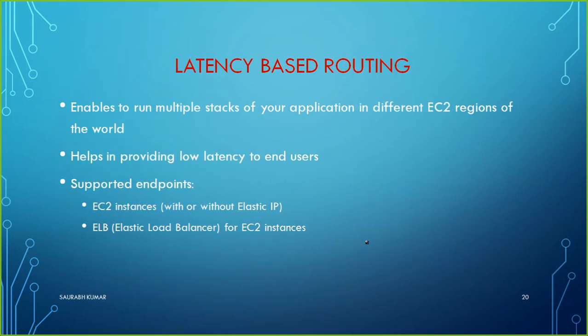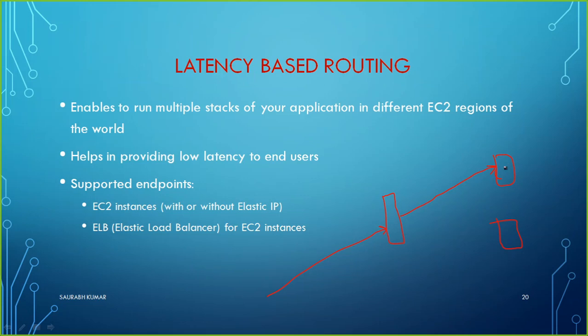The second type of complex policy is latency based routing. Latency based routing means maybe you have 3 servers. Maybe by default somebody was sending a request. So this is your DNS server. A request came to the DNS server, and it has forwarded the request to this one. But maybe this machine is taking too much time.